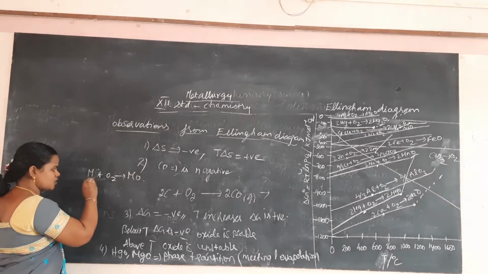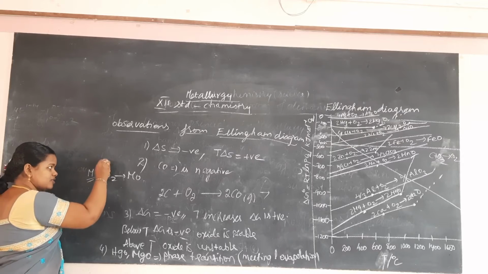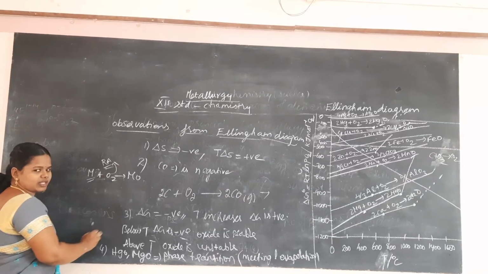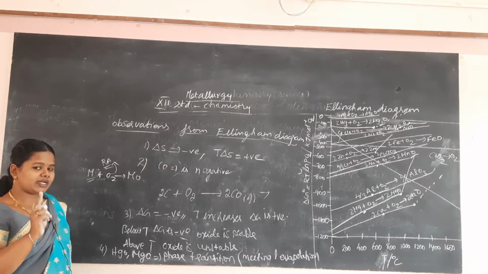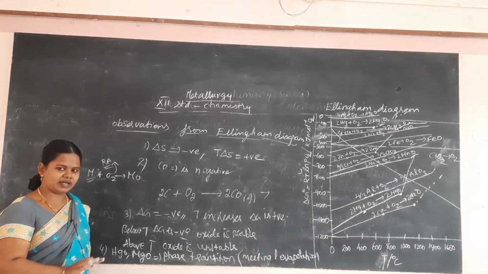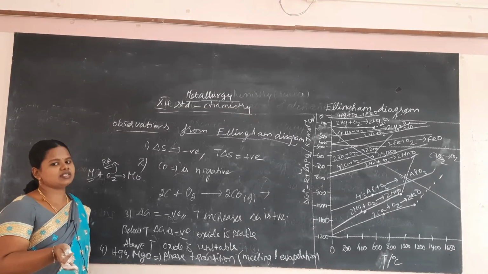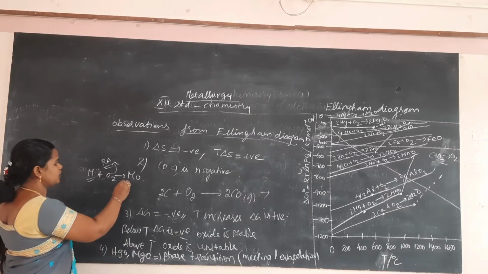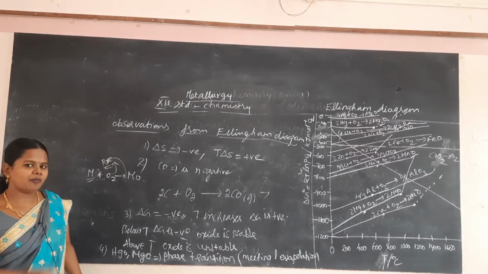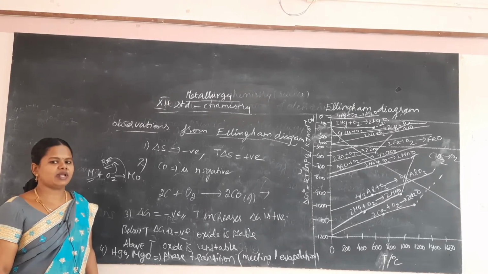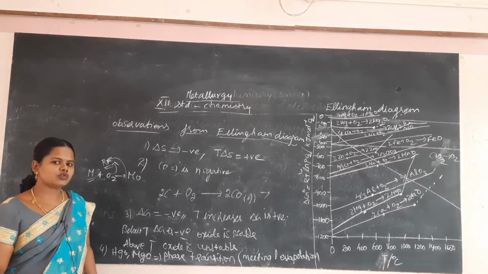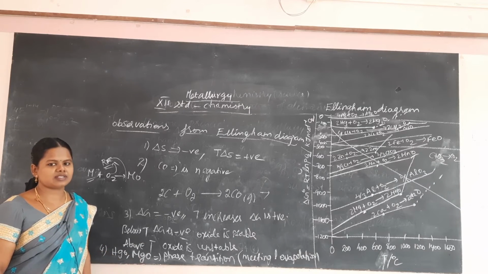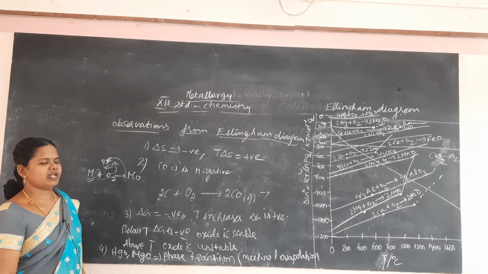And if the metal is not stable, whereas the reducing agent is stable, then the oxygen combines with the reducing agent. If the metal is stable, oxygen remains with the metal itself, and if the reducing agent is stable or reactive, it will combine with oxygen and come away with the reducing agent, thereby reduction takes place easily. So the Ellingham diagram is useful in predicting the suitable reducing agent and a feasible pathway for a particular reaction.